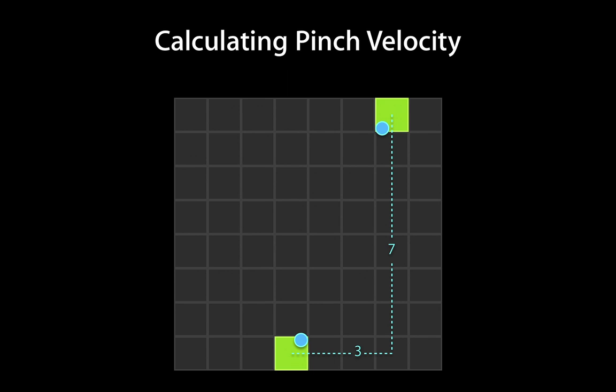Now, if we go and calculate the actual distance between those, we would do that just using a squared plus b squared equals c squared. So we've got the square root of the sum of the squares of the sides of this triangle, which gives us the distance between those two touches. And that's, in this case, just 7.6. So 7.6 pixels is about our distance. But of course, what we were trying to measure was that blue line there, the solid blue line. But what we've actually measured is the distance between the centers of those 2 pixels,